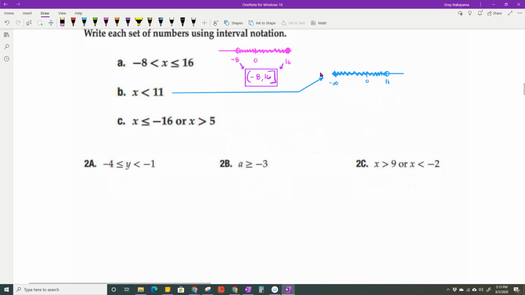And I'm sure y'all know that that's negative infinity. So I'm going to have 11 as one of my endpoints, and negative infinity is going to be the other one. So I write those two with the comma. Negative infinity always has parentheses, and the 11 is an open circle. It does not have an equal sign, so it's going to be a parentheses,